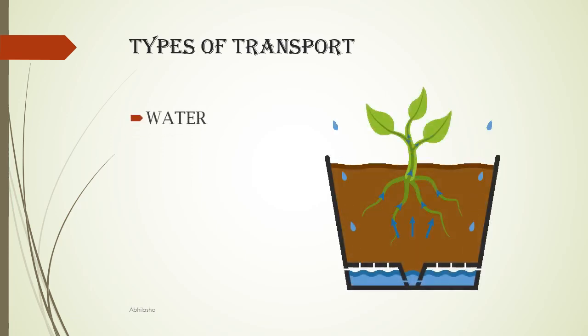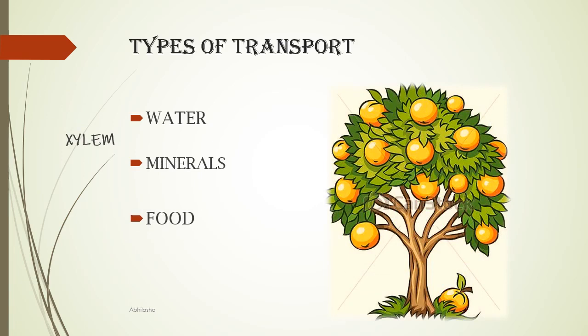So basically, plant needs to transport two things, water and food, and two transport systems are required. These two are completely independent from each other. Water is transported from roots to leaves. Along with water, minerals are also transported in the same direction. This is done by a xylem. Food is transported from leaf to all parts of plant, and this is done by phloem.